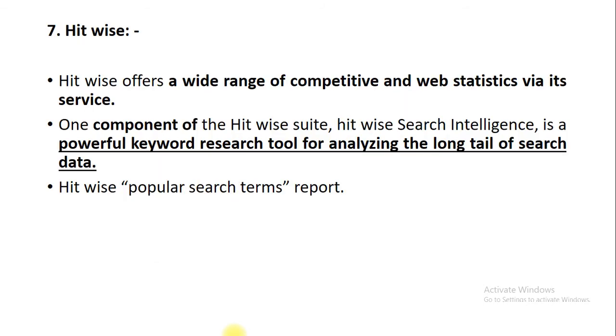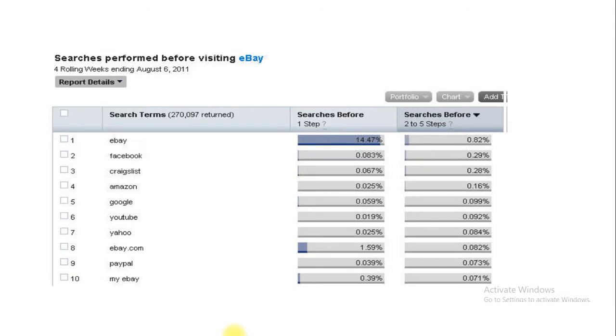Next is called Hitwise. How many clicks or hits are performed on a particular keyword is possible to see with the help of Hitwise. It provides you complete statistics for the particular keywords. It is generally used for long tail data. Over here, in one page you have many pages, right. So, for the first step, how many clicks are performed on a particular search term, that list has been given